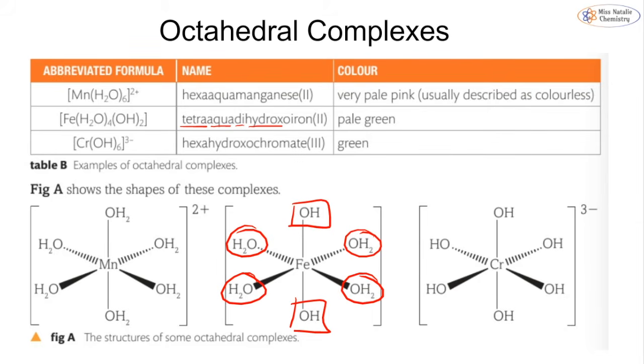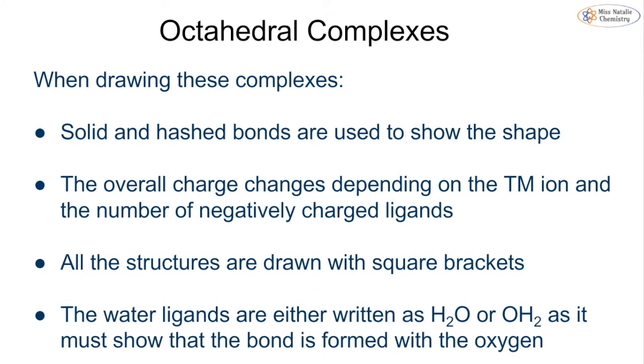And then we've got hexahydroxychromate(III). And you can see each of them giving the different charge as well. So I would recommend that you do practice how to draw these. You must have the solid and hash bonds to show the shape. You must have the overall charge, which will depend on the transition metal ion and the number of potential negatively charged ligands. You have your structures drawn with your square brackets, and your water ligands, you have to show that